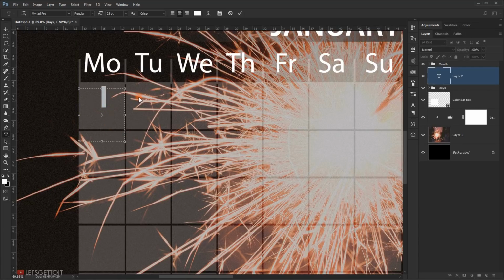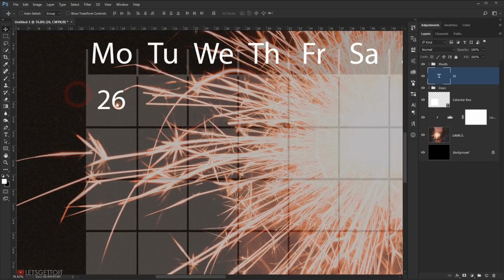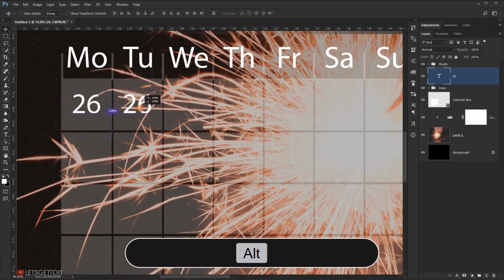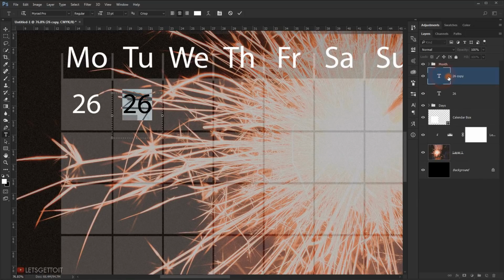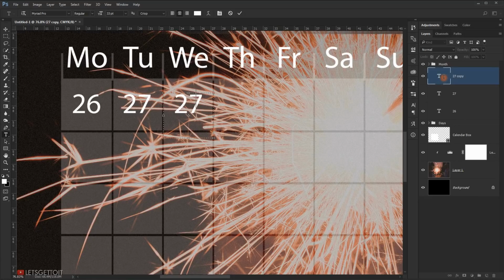Alright, just like this, and I'm gonna type 26, make it a little bit bigger. I want it to be down a little bit, just around here. Alright, make it in the center, just like that. And I'm gonna make a copy of it, so I will press Alt and click, and I will double click on this, and I'm gonna type 27, and again a copy, and 28,